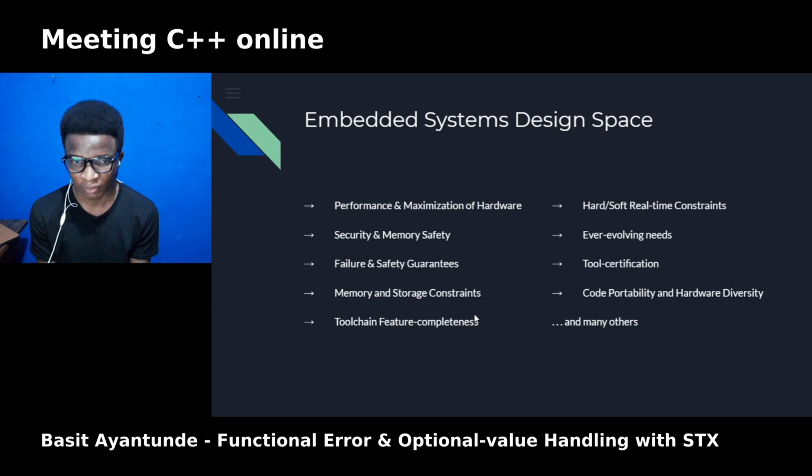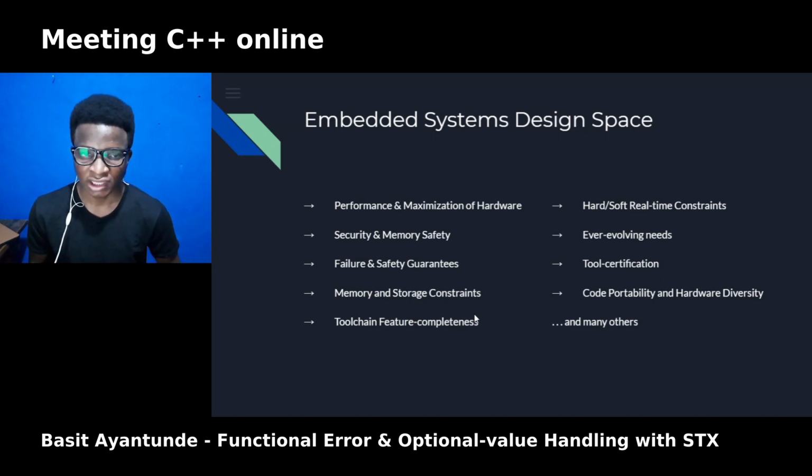We also do have some hard real-time and soft real-time constraints. In hard real-time software, we try to make sure we know exactly the execution time of the functions and be able to have strong guarantees about the execution time. In hard real time, if the execution time exceeds a time limit, that is essentially a bug. In soft real time, it can exceed a time limit, but not by so much. And even if it exceeds the time limit, it's not a bug.